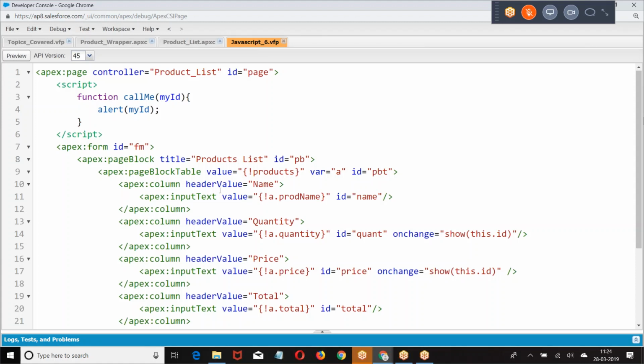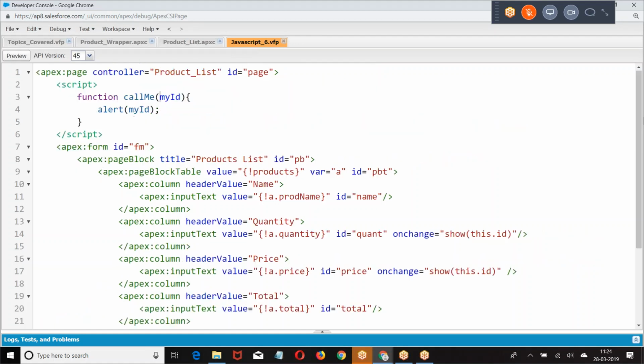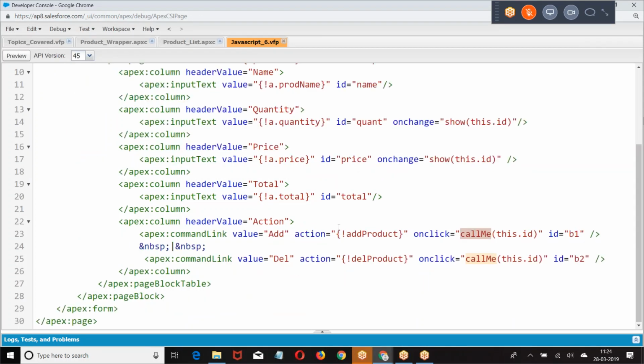Look at this. Add. Undefined. Why it is undefined? Call me this dot ID. Look at somewhere we are missing. Page. Command link.